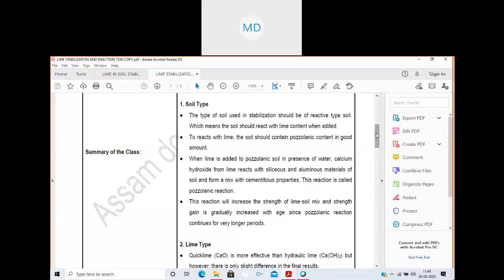It is not like this, that the soil will keep on gaining strength for infinite time. After a certain period, you can say after 10 to 12 years, the reaction will obviously stop, depending on the amount of pozzolanic content. So how long the reaction will continue depends completely on the amount of pozzolanic content present in the soil. Okay,